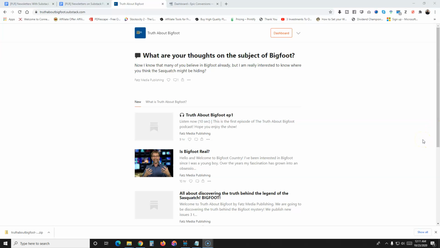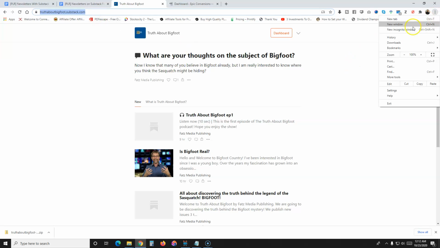Okay, so the next thing that I want to show you is how to put your sign-up forms in other places besides on Substack. For me to show you that, I first need to show you where your sign-up form would be on Substack. If I come to Substack and I'm not the owner of the blog, or I'm not the owner of the newsletter,